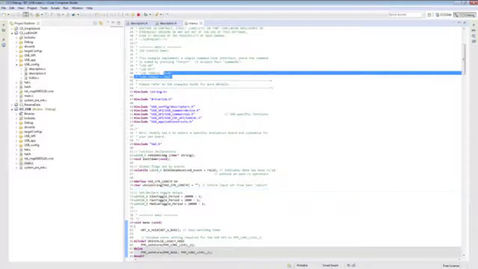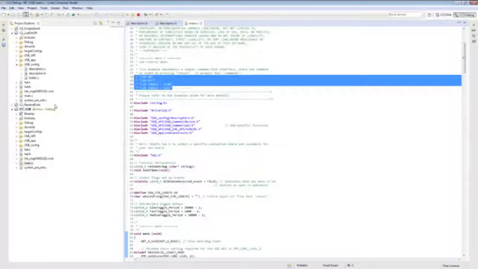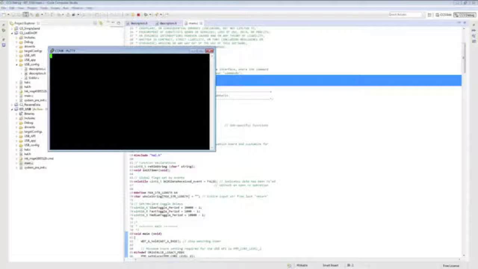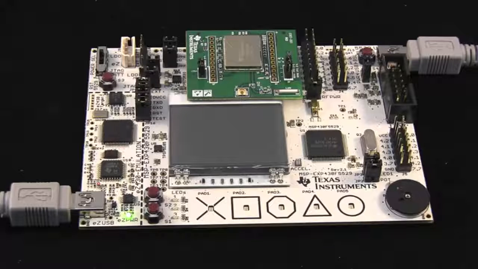This menu up here says that these are the commands: LED on, LED off, LED toggle slow, toggle fast. Those are pretty self-explanatory. So by putting this on, I can type LED on, and it says the LED is on. Type LED off, LED is off. LED toggle fast,